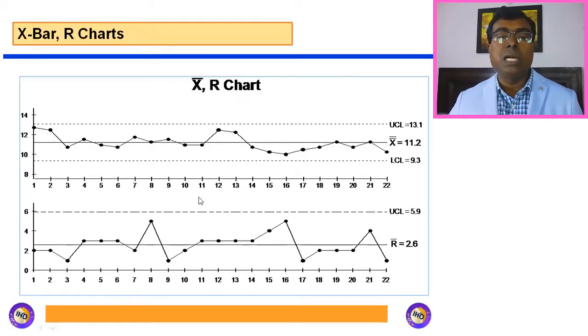Friends, this is how your control chart would typically look. This is your average chart and this is your range chart. That means you are going to plot two charts, one for average and one for range. In the average chart, our target line will be X double bar, with an upper control limit and a lower control limit. In the range chart, the target line is R bar, again with an upper control limit and a lower control limit, and the lower control limit you can see here is 0. The values plotted here are not individual values. They are the average values of each subgroup plotted in the average chart and the range value for each subgroup plotted in the range chart.